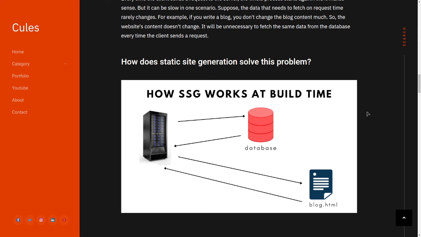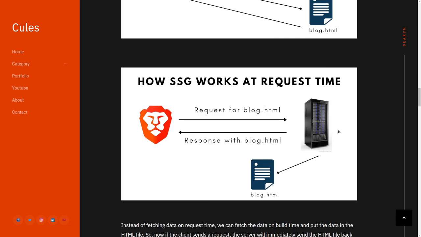At that time, our blog.html file needs some blog content data from the database. So the server fetches those blog data from the database and puts it inside the HTML file. And then when the HTML file is totally ready, the server stores that. And on the request time, when the client asks for that blog.html file, the server quickly sends the HTML file